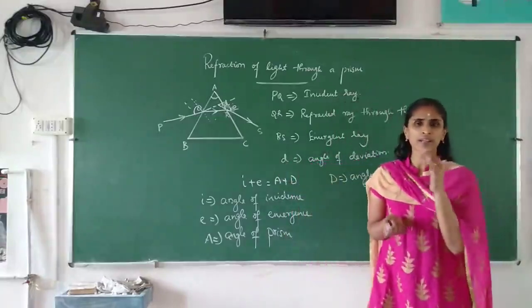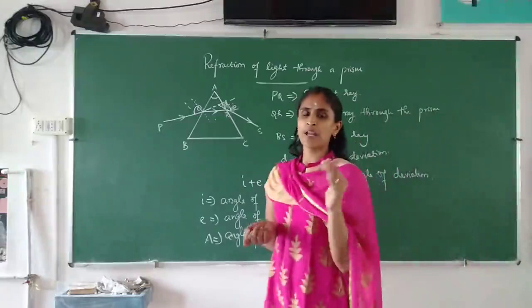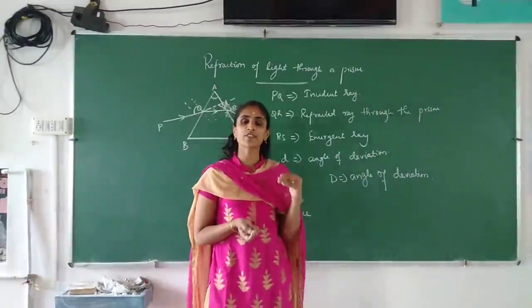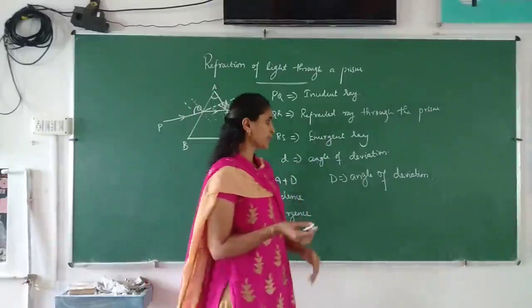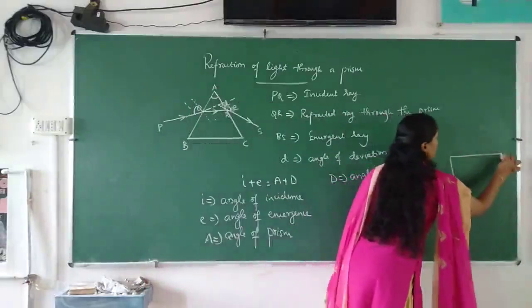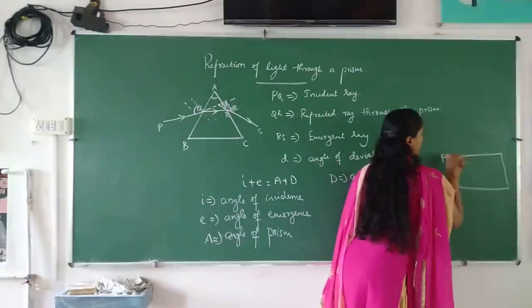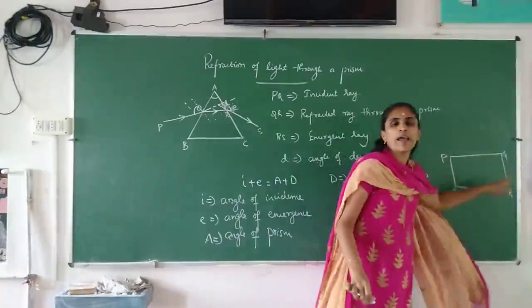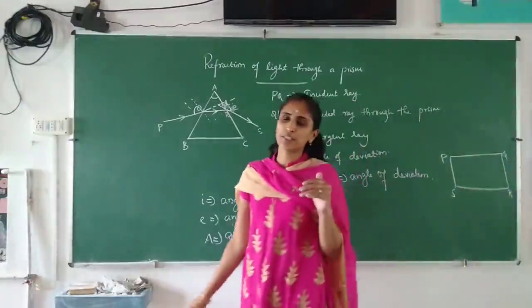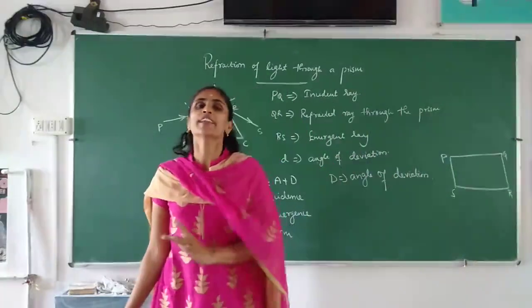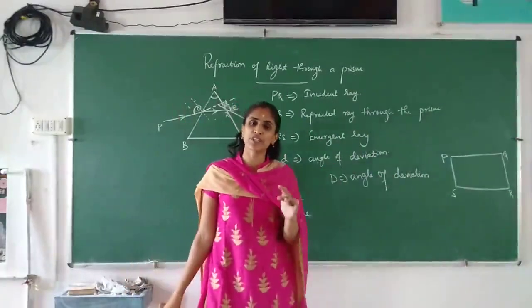In the case of a glass slab, there is no deviation because the two refracting surfaces are parallel to each other. In the case of a glass slab, we can say that the two refracting surfaces PQ and RS are parallel to each other. That's why there is no angle of deviation, or in other words, the emergent ray is parallel